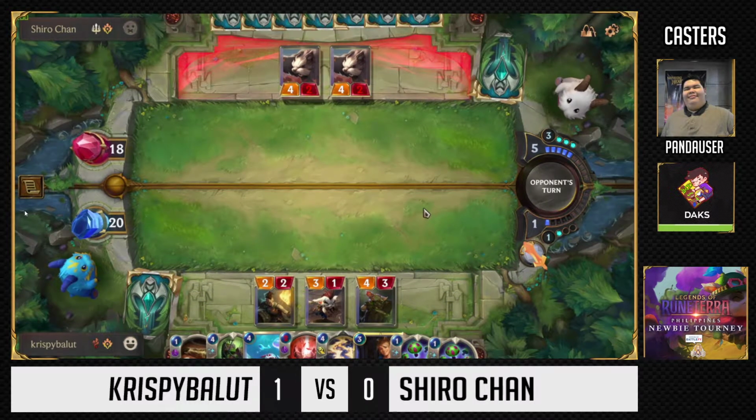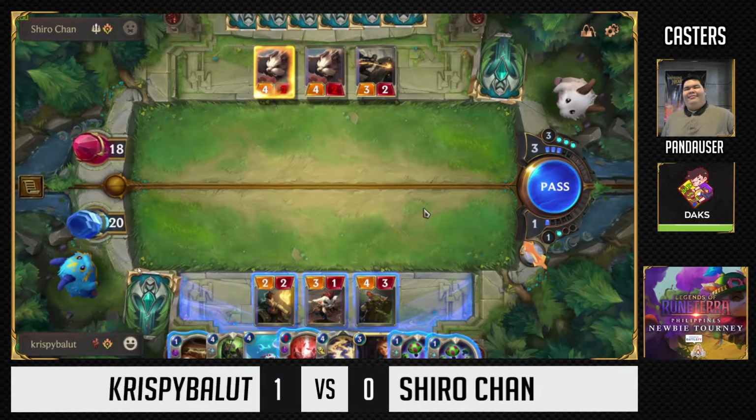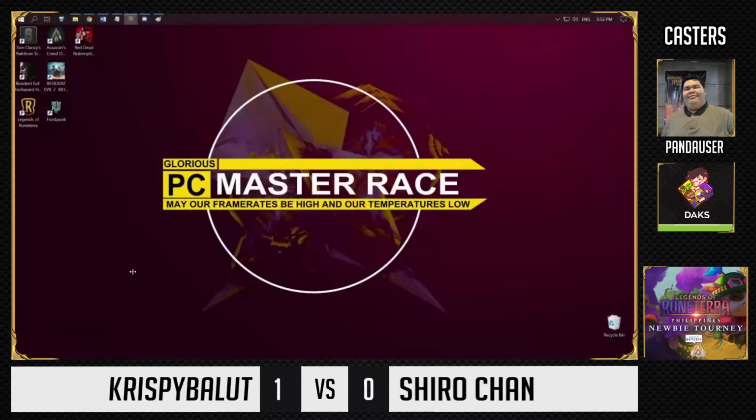Chump up right now, spawning 2 of those burst spells in hand. It doesn't even matter if the mushrooms do get drawn or not. It's just to get a little more value. So I think what Crispy Balut's deck is, it's stalling for